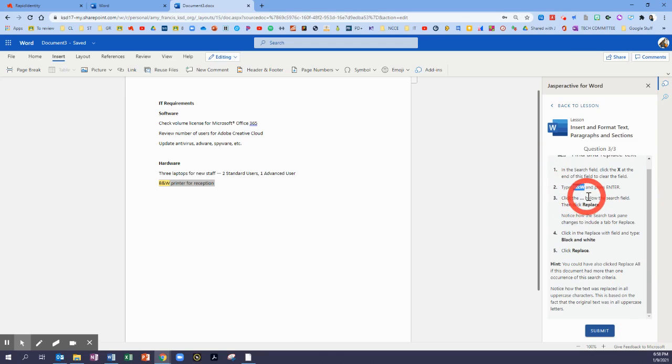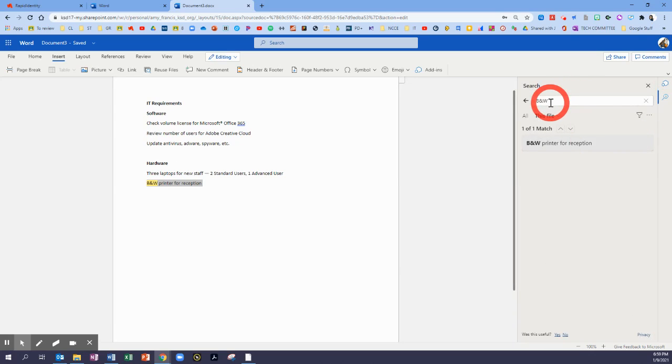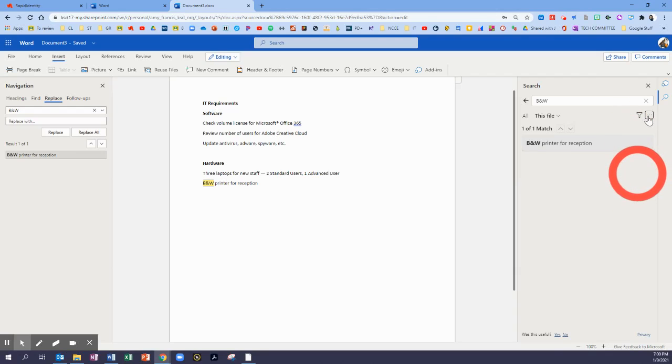We're going to click the 3 dots below the search field and click the Replace button. So then we have a new box, and we're going to replace B and W with the words black and white. So I'm going to select black and white from the direction panel and copy it. And note we're going to hit the Replace button. Let's click on the magnifying glass to go back to the search box. We're going to click on the 3 dots. When we hit the Replace button on the right,